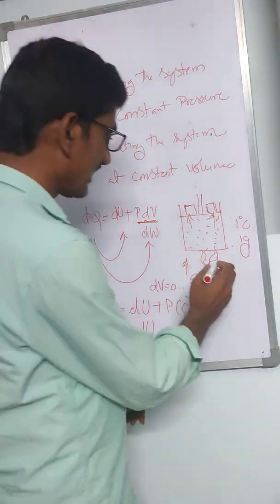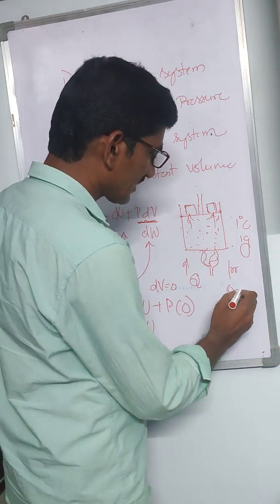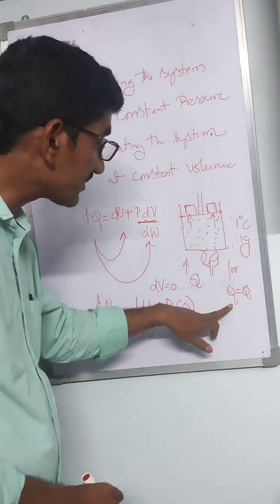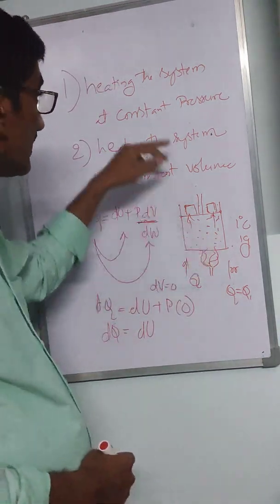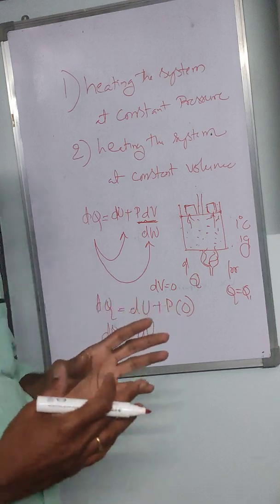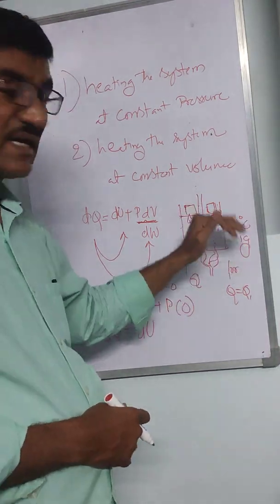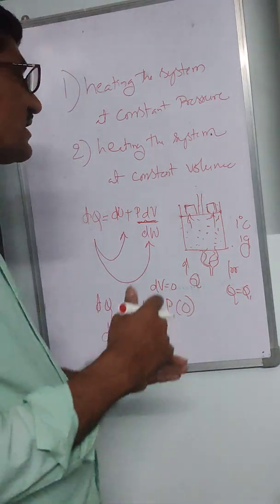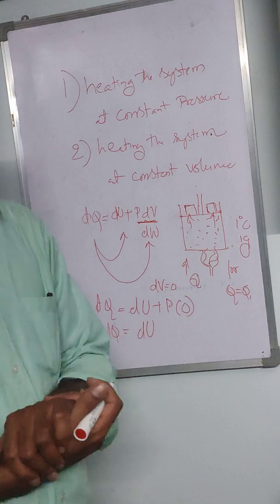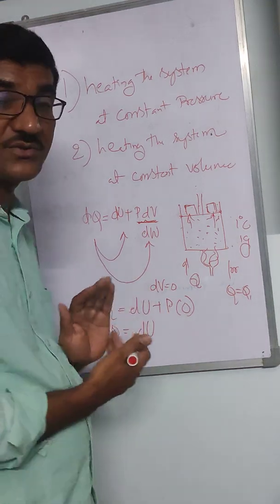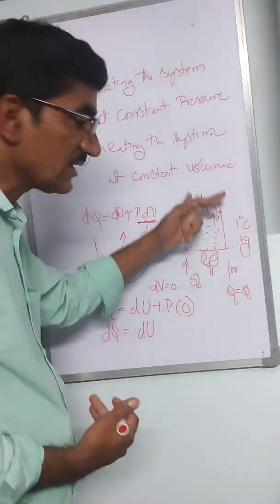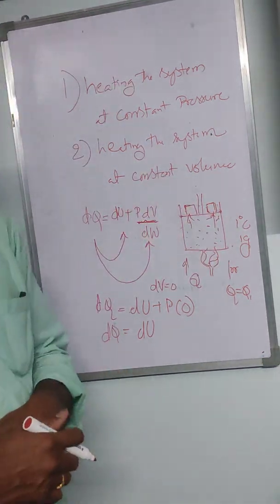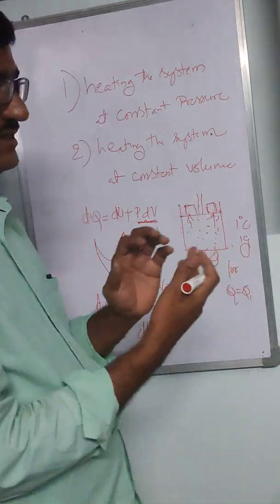Suppose you observe in this case a 1 degree rise in temperature for 1 gram of material for some Q equal to Q1 calories. But whenever you supply the same Q1 calories in the first case, you will not be able to see the 1 degree rise in temperature for 1 gram of the gas. Why? Because part of the energy is utilized to perform external work. To see the same 1 degree rise in case of constant pressure, what you have to do?